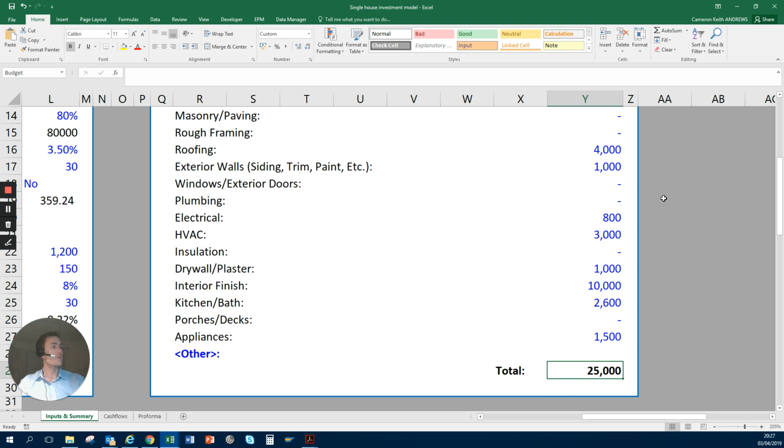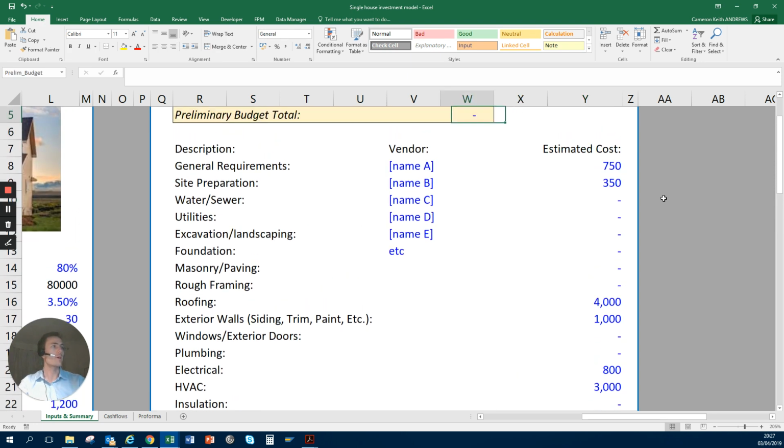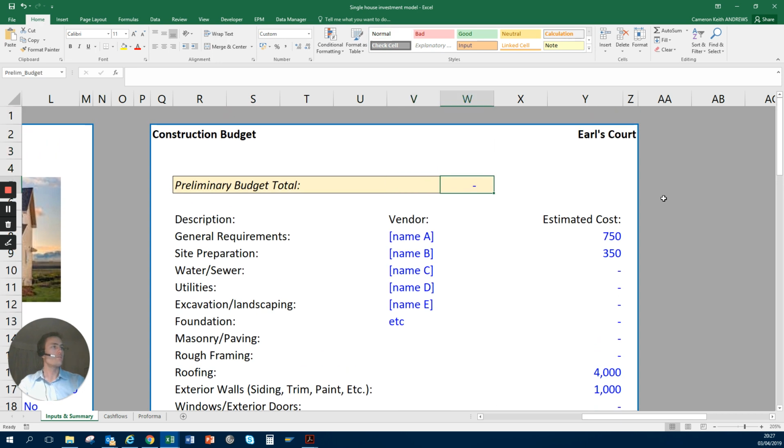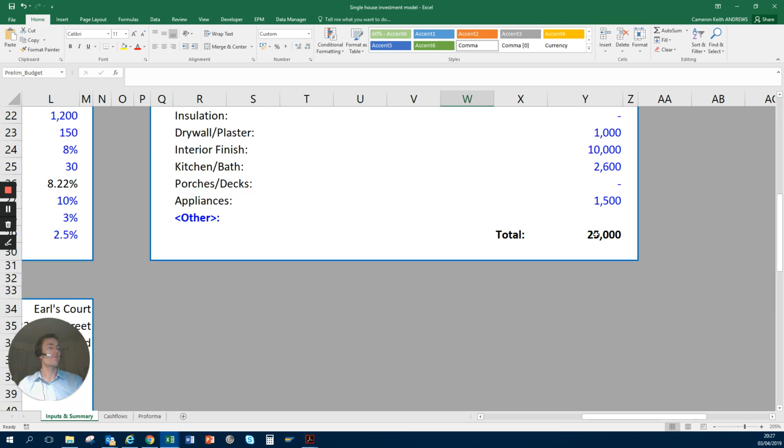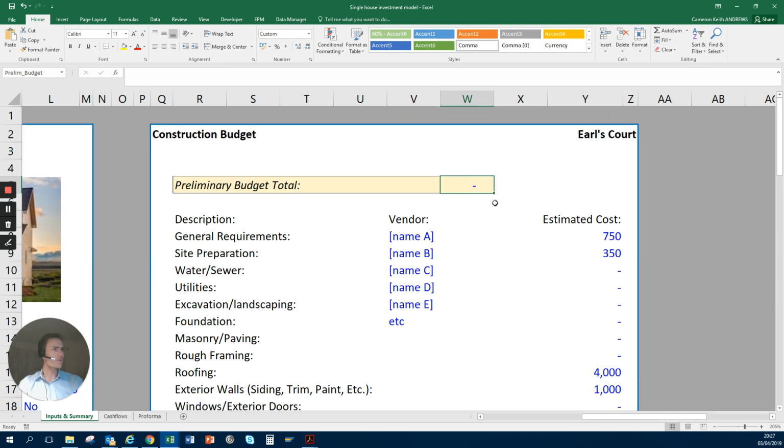Now, as I mentioned, if you don't have that much detail, you really just have kind of a rough estimate, what you're able to do is put in a preliminary budget. So you might say, I don't know that it's going to be exactly $25,000 to renovate the property. We might just have an idea that it's around 20 grand. If you do put in 20,000,